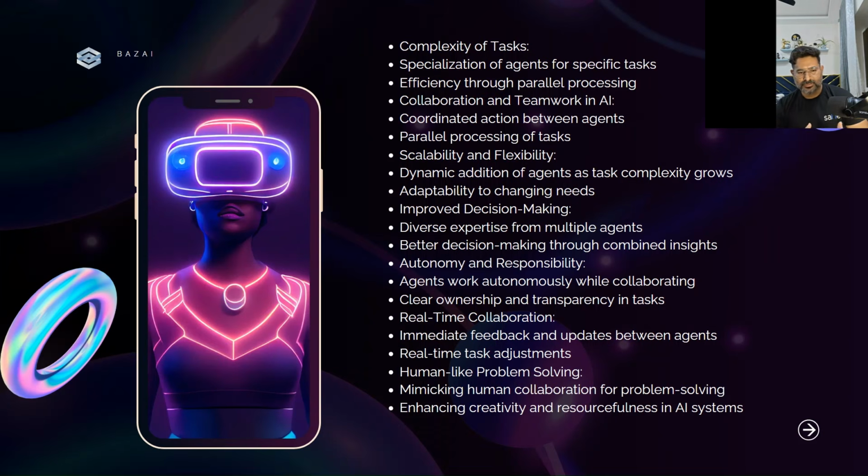But if you look at these game changing capabilities, like performing complex tasks where you require huge parallel processing and understanding of different interactions, it's going to help you give better decision making capabilities with human feedback, or human in the loop as well, and adjust to real time interactions.